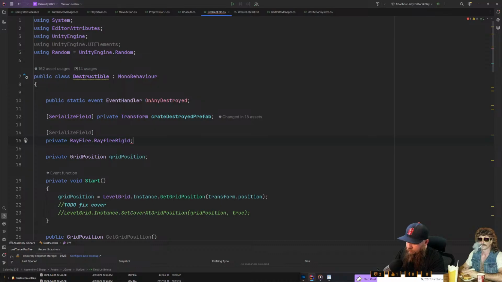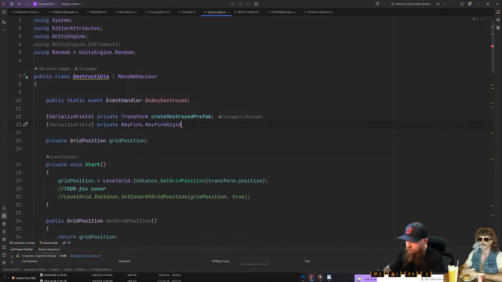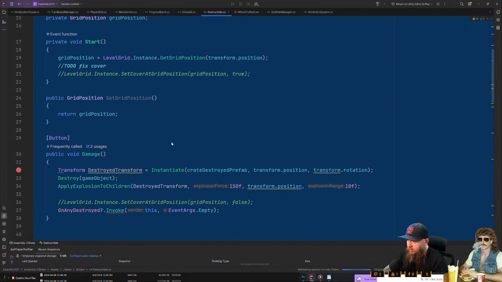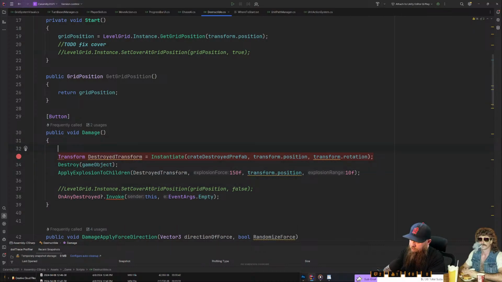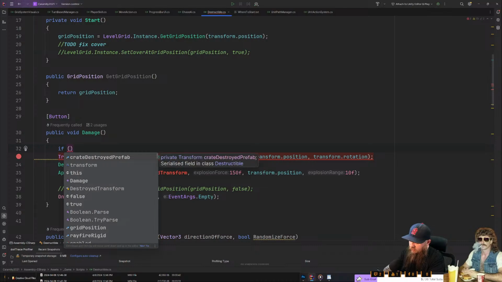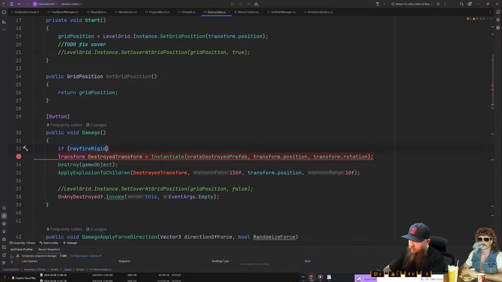And okay, so now I can get that. And on destruction, instead of, if Rayfire Rigid is not